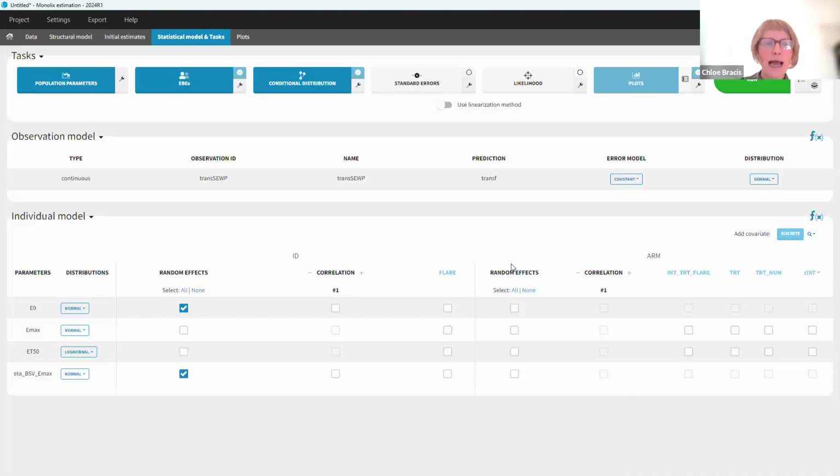So now I'm ready to add my covariates. And so we said that we wanted to have our treatment on Emax and ET50. So I'm going to use my transform treatment here that I just added, and I'm going to add that to Emax and ET50. And then for the flare design, that we wanted to have on E0 and Emax. So I'm going to add that there. So now I've set up my statistical model, and the next thing I need to do is set my initial